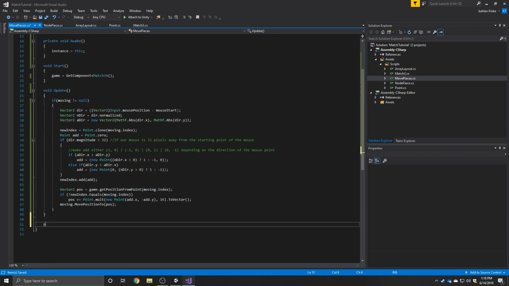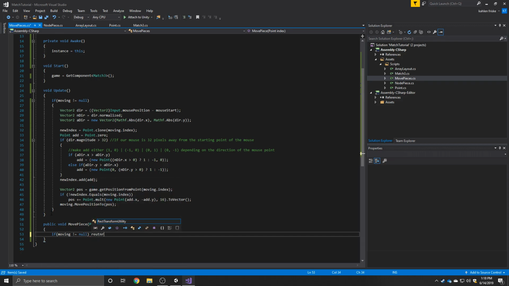So let's see if we can add a new function. We're going to be moving a piece at this index. What this is going to do is, if our moving is not null, we're going to return. So we're not changing a piece up while we're already moving another piece. Then we're going to set moving equal to